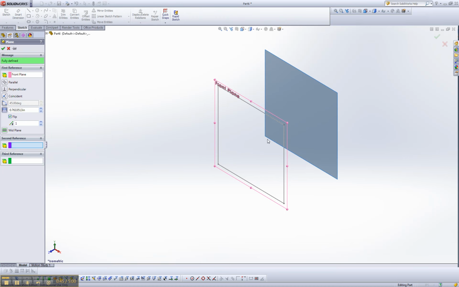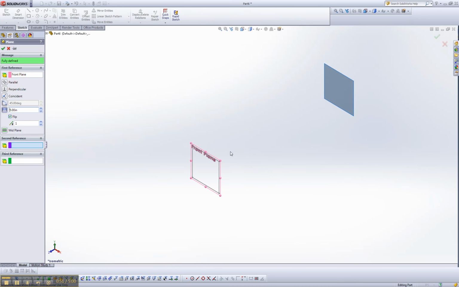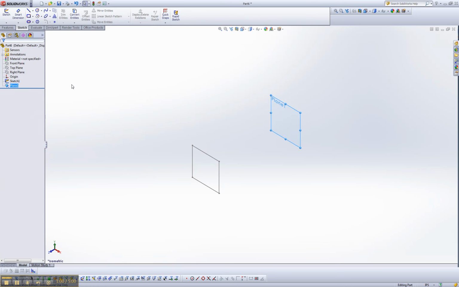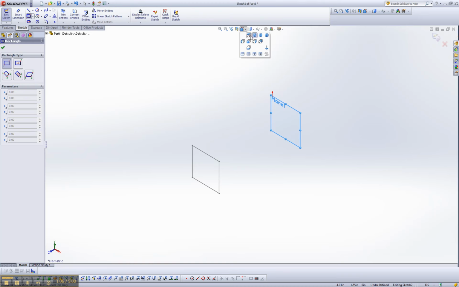Notice how it made a duplicate copy of the plane. Over here, you can type in the spacing. I want it to be 5 inches away. That's a 5-inch distance between the original front plane to your new plane that you're creating. I'm going to make this actually 3 inches so it becomes a little bit closer, and then hit the check mark. Now, on this plane, now titled Plane 1, I'm going to sketch another rectangle, go to my front view,